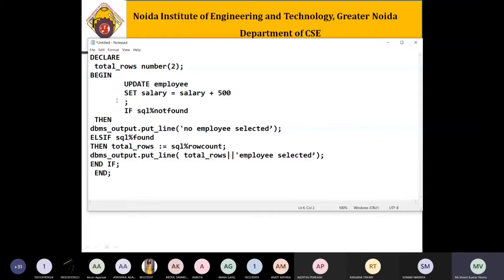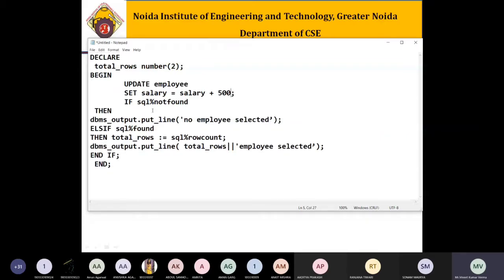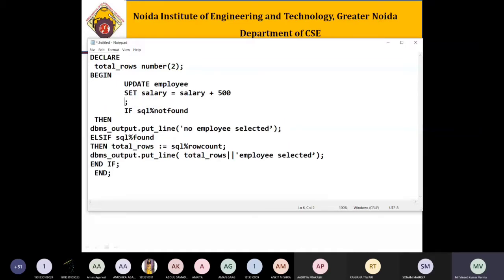If you want to update only department number 13, then it is okay. Here we have to write the WHERE clause: where department number equals 13. That means the salary of department number 13 will be updated by 500.